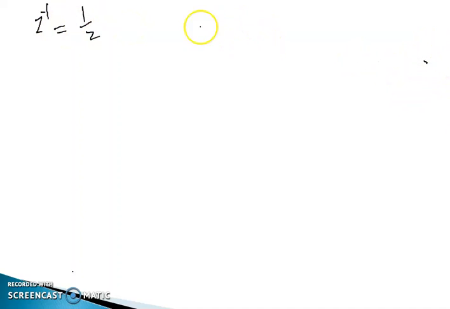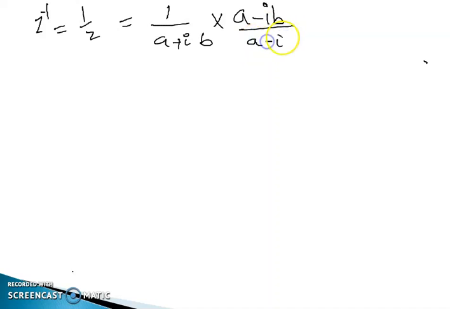Now z is given as a plus iota b. So 1 upon z will be 1 upon a plus iota b. Now you know that whenever a complex number is in the denominator, we rationalize. So it will be multiplied by a minus iota b upon a minus iota b, which will be equal to a minus iota b upon